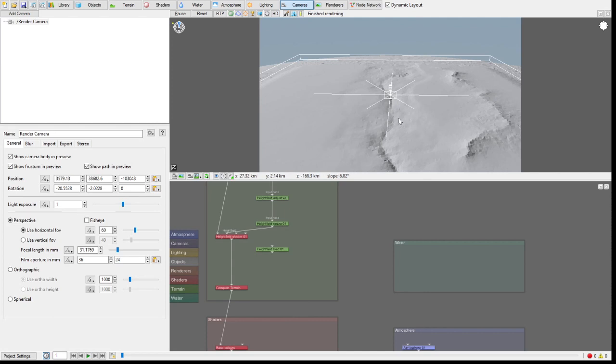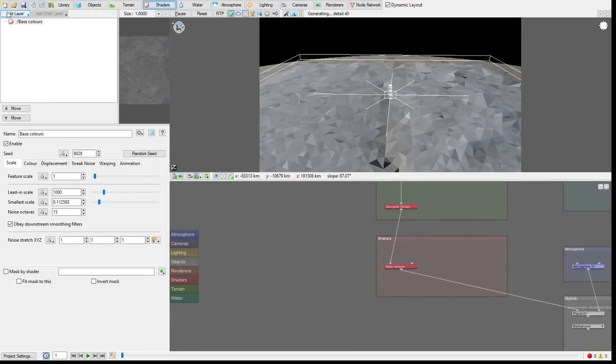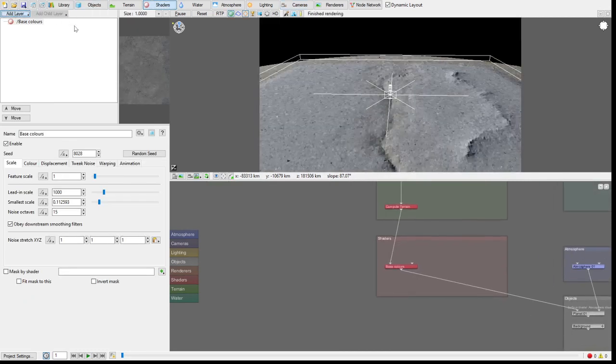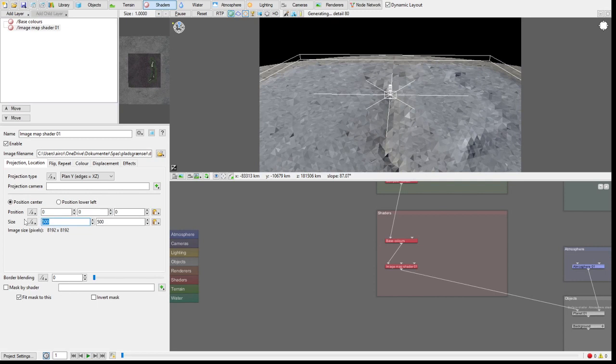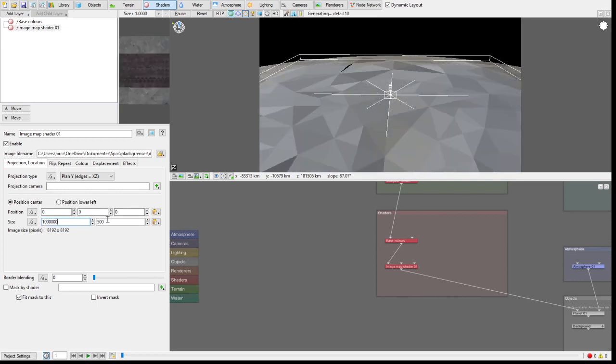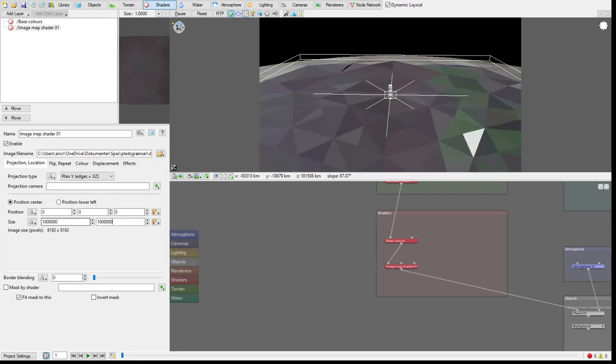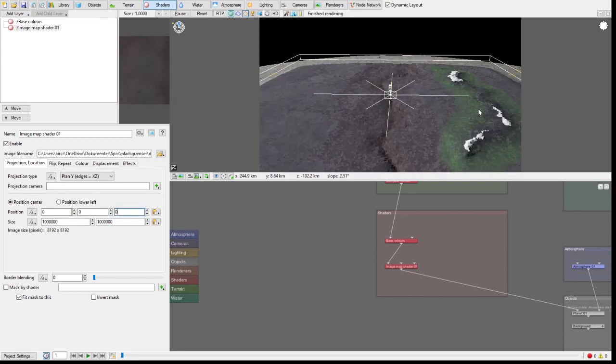So now we got the height map imported, for the shaders to be imported, for the colors to be imported. We go over here and add an image map, find our image map, which is somewhere in this mix here, position center, and of course we'll need to adjust the size so it matches the height field. So here we go, and now we have the map imported. For this piece, of course, we'll need to add a water object too and adjust the height, and it's a bit of trial and error to get that correct.